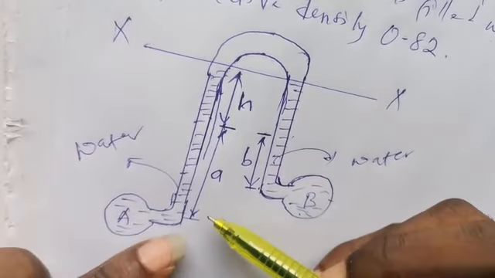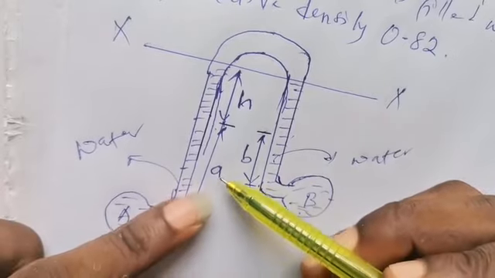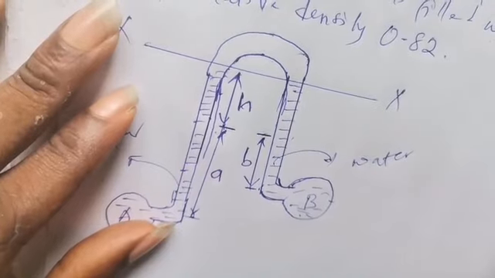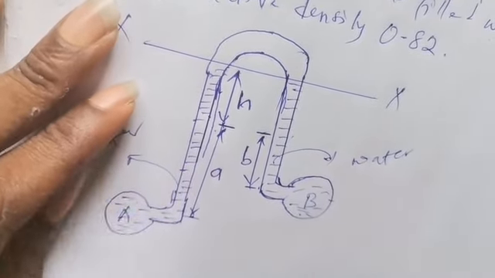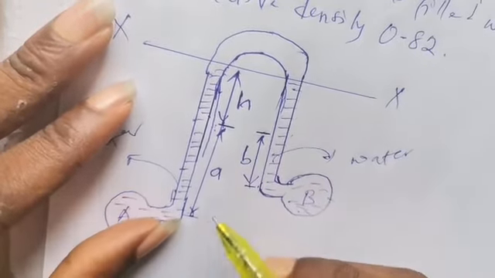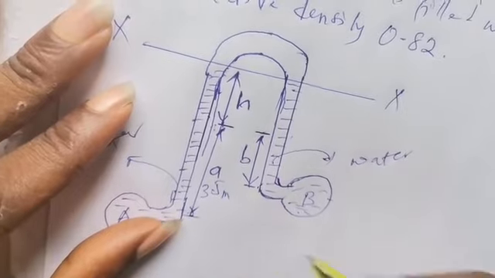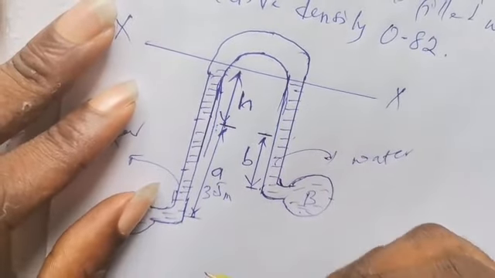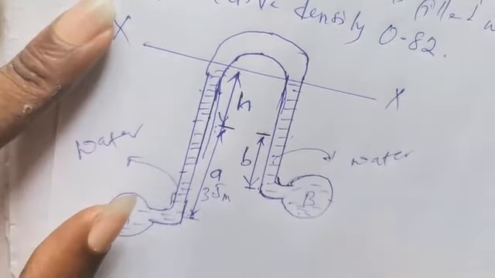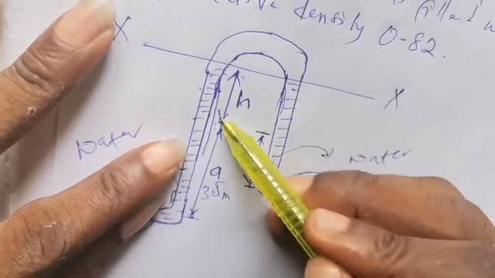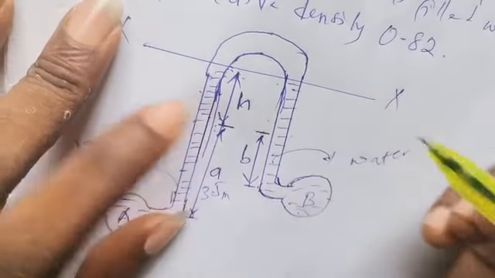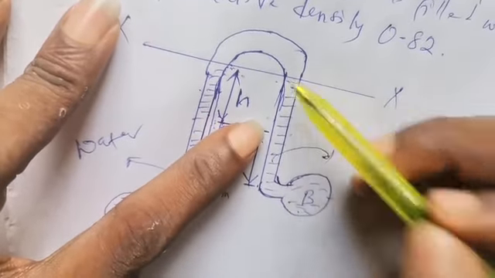All right. And the height of water was indicated here with A. And from the question we are given that A is equal to 3.5. So it means that the height of water in this pipe is 3.5 meter. That's the height of water in the pipe. Now, in the other pipe, what we have on the top of the manometer is air. So you can choose because the heights are the same for both cases. So from here to here you can call this the liquid of relative density 0.82 and then call here air, or you can call here air and call here liquid of relative density 0.82.